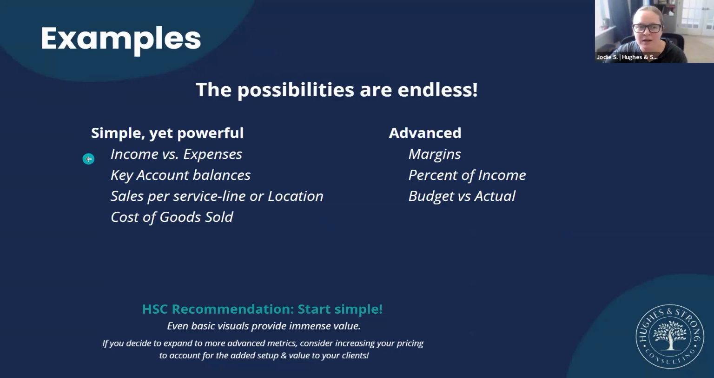Common ones, simple yet very powerful, is just a simple income versus expenses. You can also pull out key account balances. I do for my clients a lot that have multiple revenue streams: I'll do sales per service line, or revenue based on the type of sale that they're doing, or the income streams there. Cost of goods sold, again, that's another simple one that you can just pull directly from your P&L